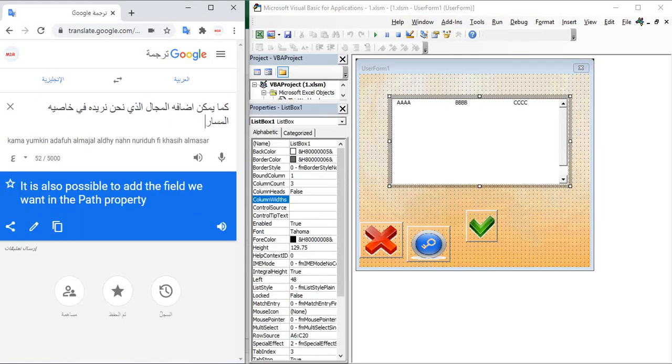It is also possible to add the field we want in the path property.